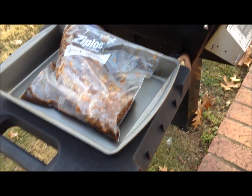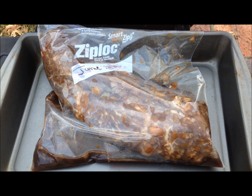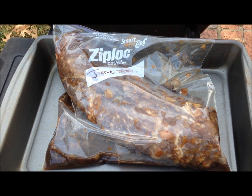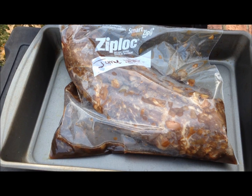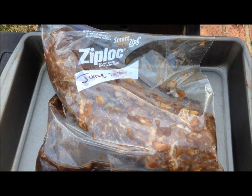First of all, this here is about a 3-pound beef tenderloin. Make sure you have the butcher trim the excess fat off. This was marinated in a homemade marinade that included balsamic vinegar, soy sauce, white sugar, and 3 shallots, or if you don't have shallots you can use onions. And then you would let that sit in the Ziploc bag